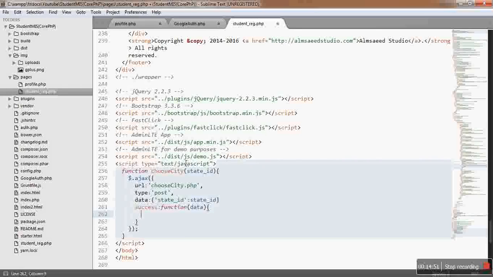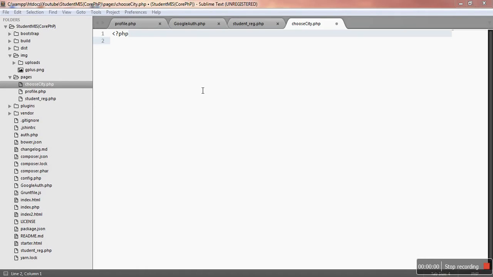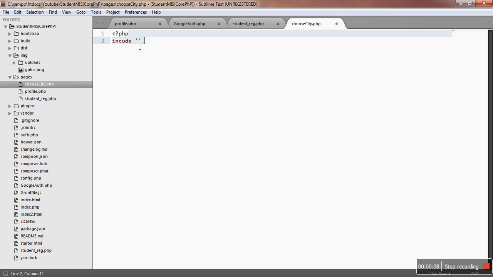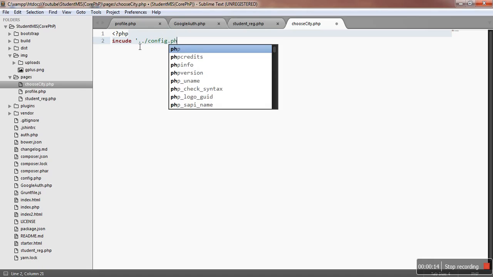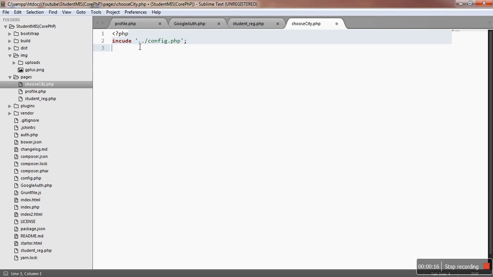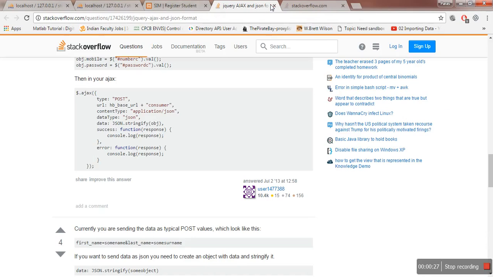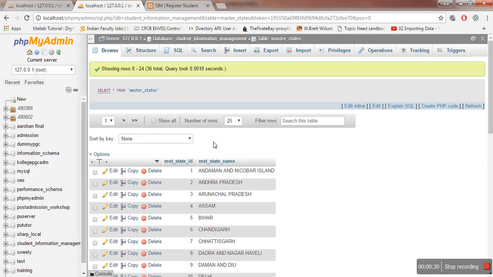So before moving further, let's create one more page over here. We'll start with a PHP page, and I will first of all include my config file, which is again outside, config.php. Then I need to write my SQL again. Just let me close all these things. My SQL this time will be